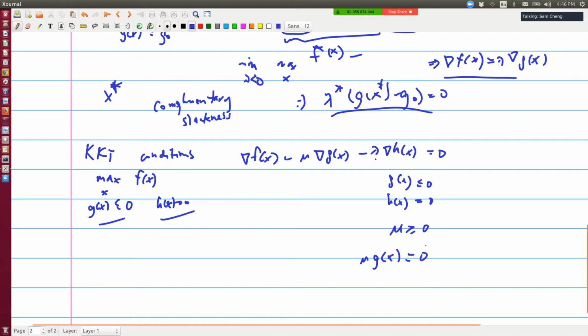I think I didn't have that in my notes, but it should also have lambda hx is equal to 0, right? There's no good reason why I don't have that. So, but anyway, as I mentioned,